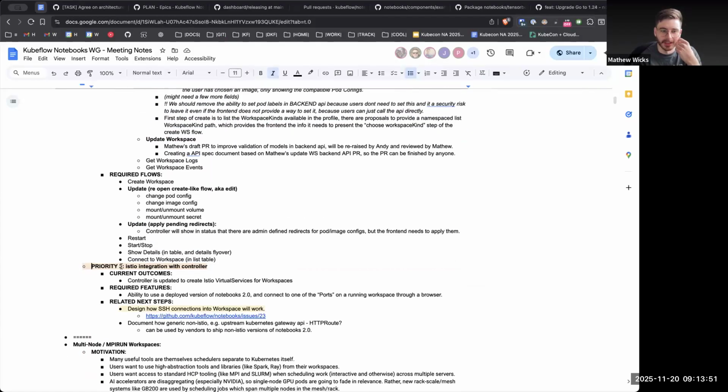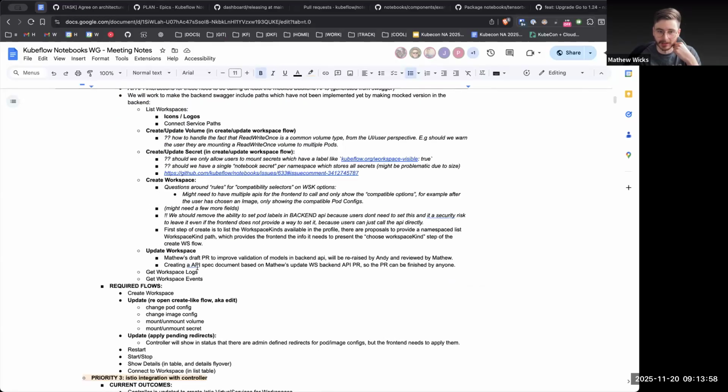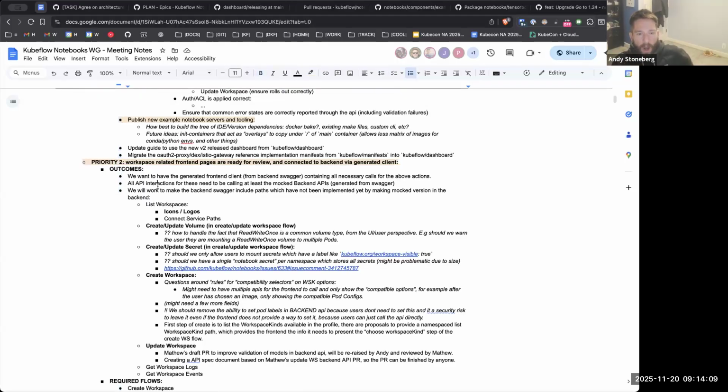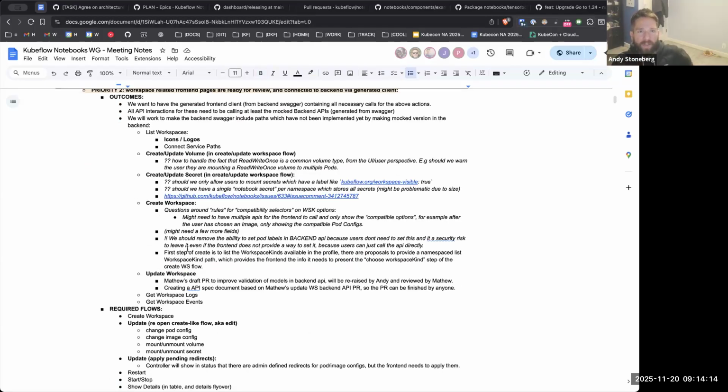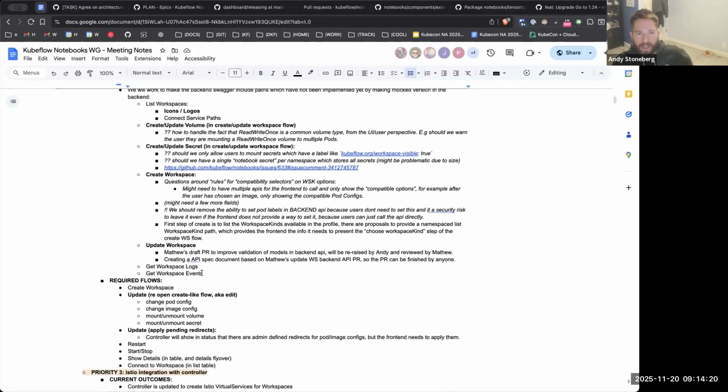Okay. Any other comments about number two, which is making sure that the main workspace-related flows in the UI are done and connected to the backend? Any other comments before we move to the last one? We're 15 minutes over, I'm sorry. As a general high-level guide, and if it's complicated let's not get into it, I'm interested in the logs and events. Are there things about the functionality in V1 that you hate that need to be redesigned, or is a lift and shift of how V1 handles that into V2 a reasonable first pass?